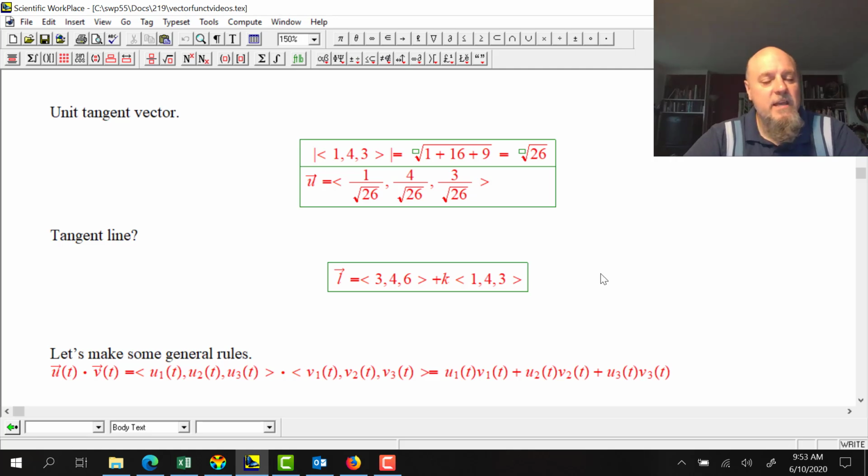So now if I'm taking derivatives, that looks sort of super straightforward. We're going to make some general rules about functions of vector functions. And let's look at what if our function is the dot product of two vectors. So let's say u and v. If I'm dot producting u and v, and I'm showing it in 2 dimensions here, our dot product works in any dimension. But if I've got these two vectors whose components are all functions of time, and I dot product it, first times first plus second times second plus third times third,